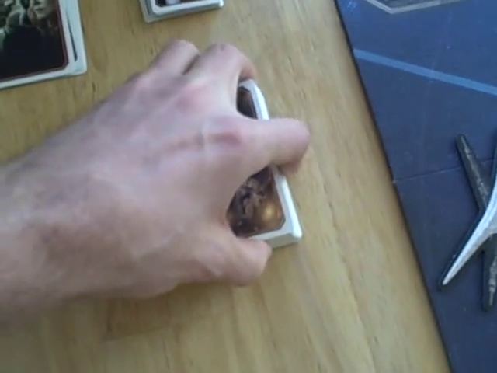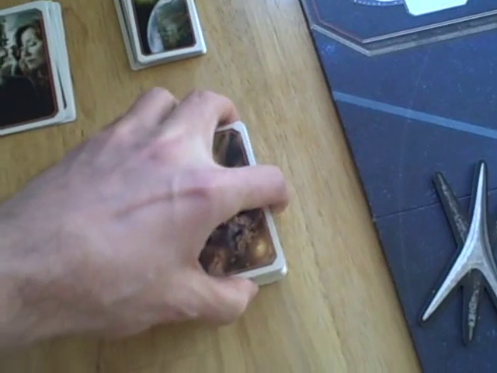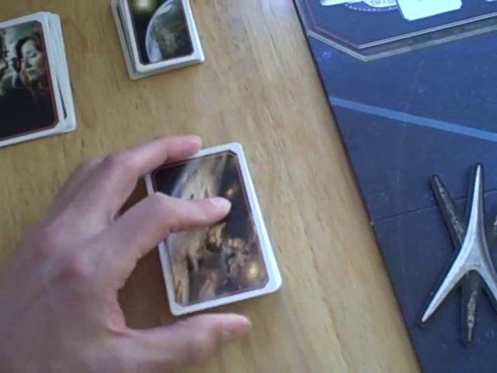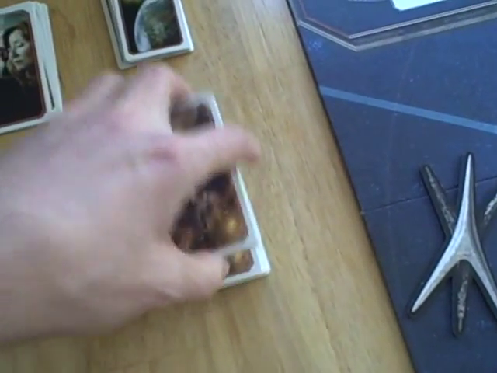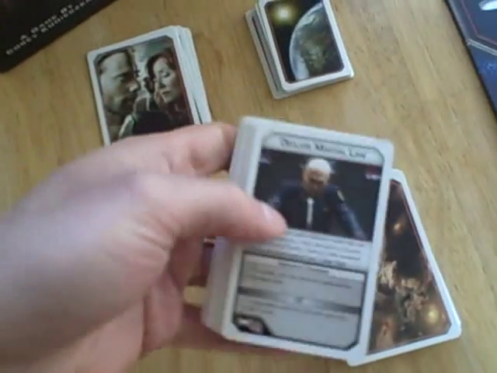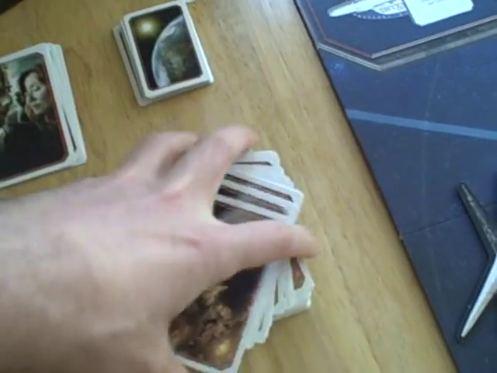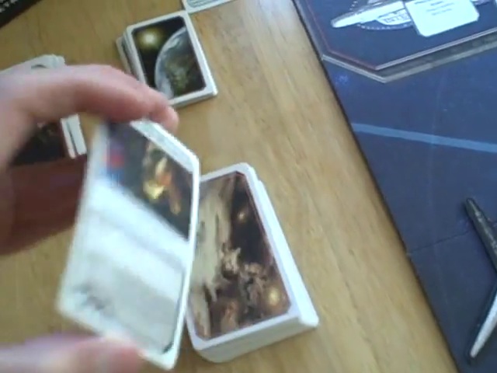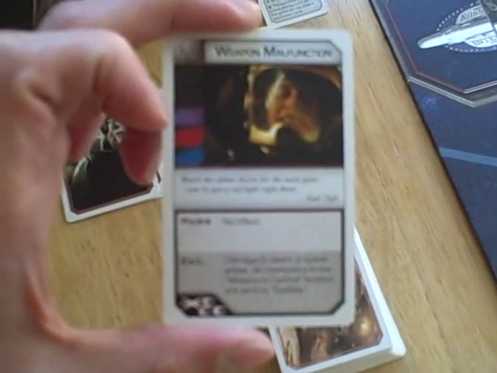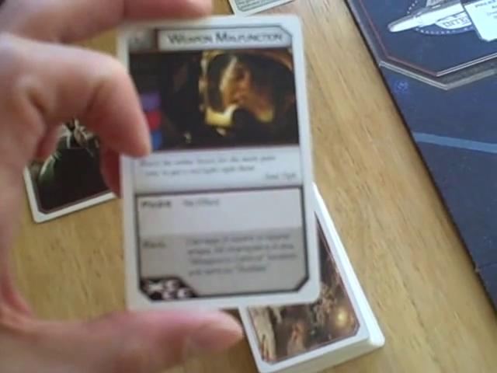This is the Crisis deck, similar to the Mythos deck in Arkham Horror, or the Encounter deck in Castle Ravenloft. These are bad things that happen, basically. So at each turn, each player will draw one of these cards, and then you'll have to deal with it. Players will have to work together to deal with it. See, this is a weapon malfunction. And we'll go over these in a little more detail,